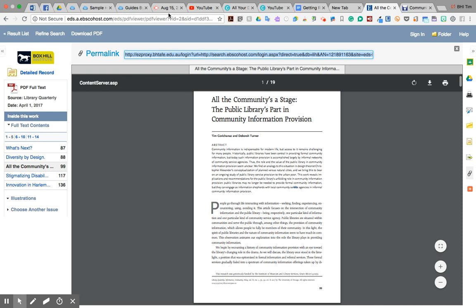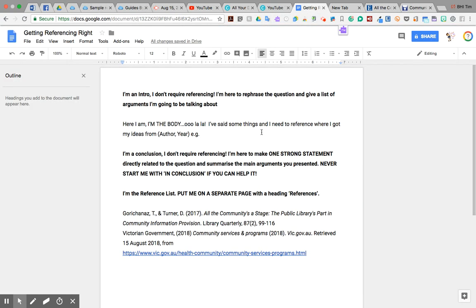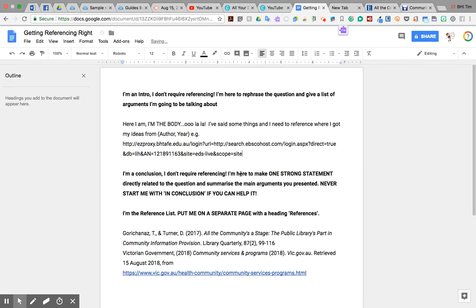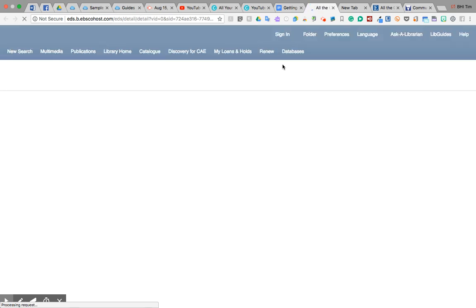So this link will actually take you, when you click it, to log in and then bring you back to the reference. Now, paste that link. It's quite long. The reference is not done. In fact, that's completely the incorrect way to reference. But when you're writing, it's really important to put in the material as quickly as possible to keep going with your ideas. So you can easily come back to that later on, so that you can just click on it and it'll bring you back, and it'll either ask you to log into the student web or it'll take you directly to the resource.